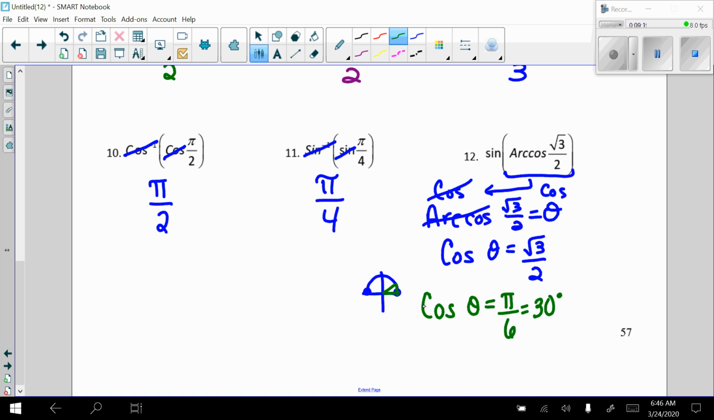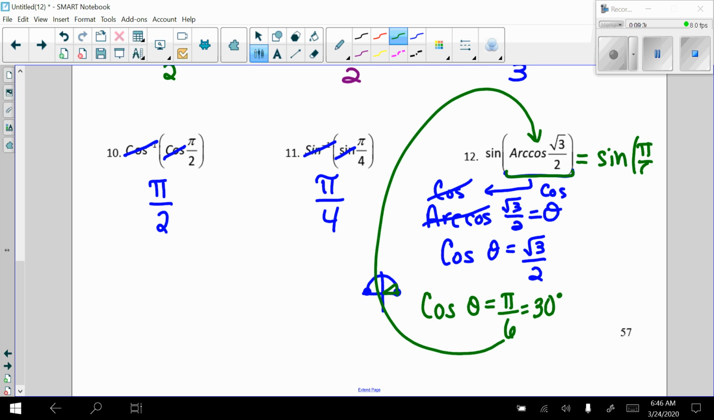Now, that's not the answer. That is the value inside the parentheses. So essentially, you're going to substitute that in. We're asking, what is the sine of pi over 6? I really hope you know that one, because the height at pi over 6 is 1/2, and that is your final answer. Again, if you had trouble with any of these, I would go back,